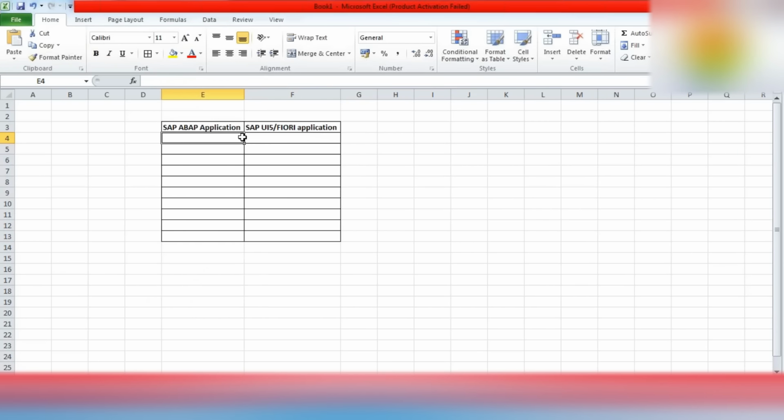As I told you, ABAP applications are stateful and this is stateless.